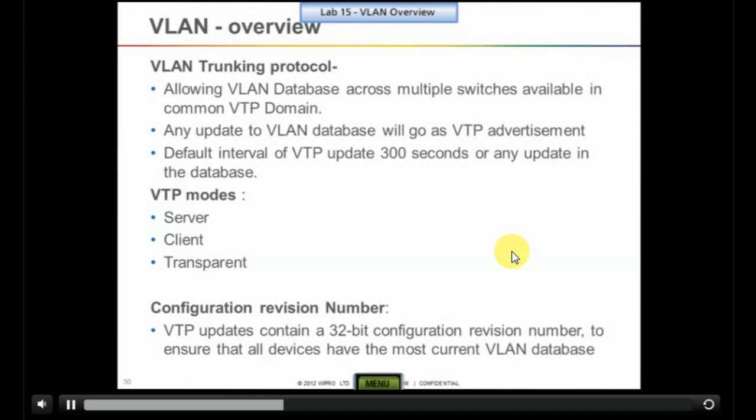VTP servers and clients synchronize to the latest revision number. VTP advertisements are sent every 5 minutes or whenever there is a change. Whenever there is a change, it will send the VTP advertisements.